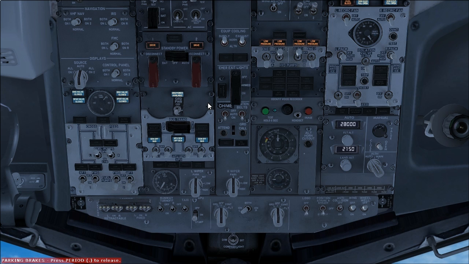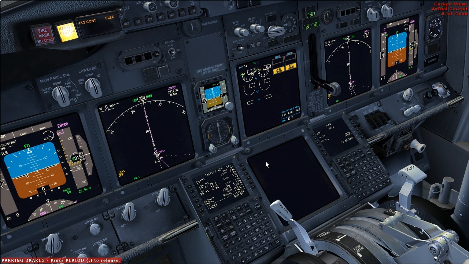Right, started. So now we are fully running off the APU power, and we can disconnect the external power. Alright, so now we're just going to go to menu,